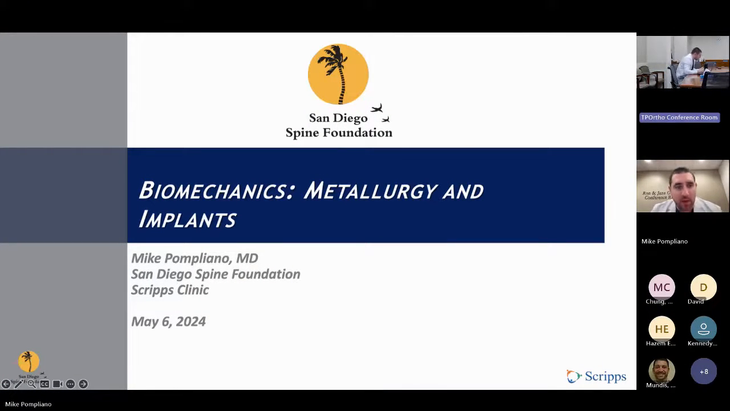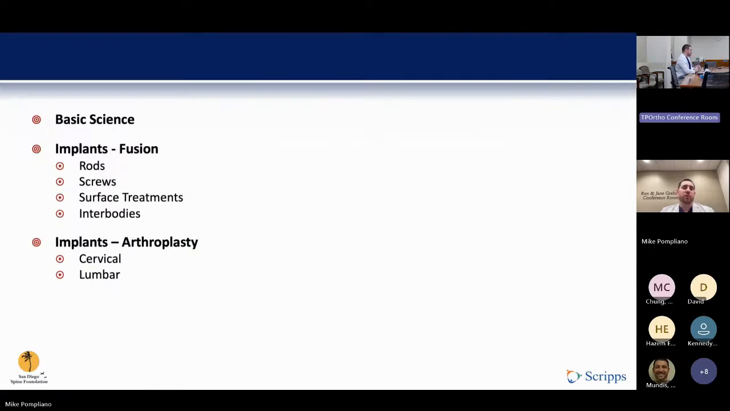Very exciting topic, biomechanics, metallurgy, and implants. We're going to focus on a more clinical application of some of these concepts. As far as overview goes, we're going to look at some basic science, and then we're going to break this into essentially two different groups. The majority of the discussion will be on the fusion group, looking at rods, screws, different types of surface treatments, and different interbody concepts. And then we'll look briefly at arthroplasty implants, both cervical and lumbar, more of an overview